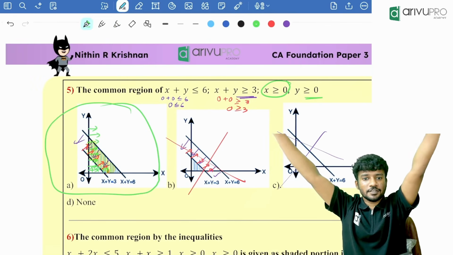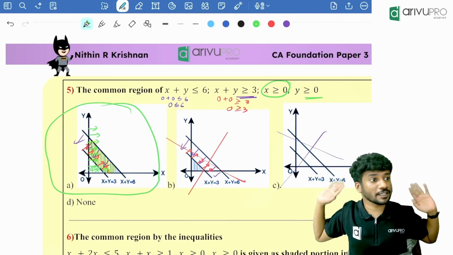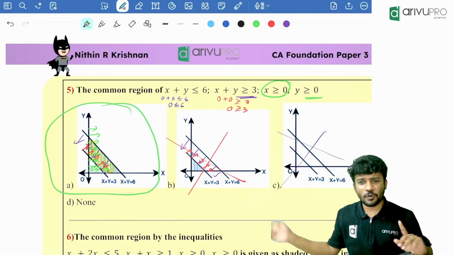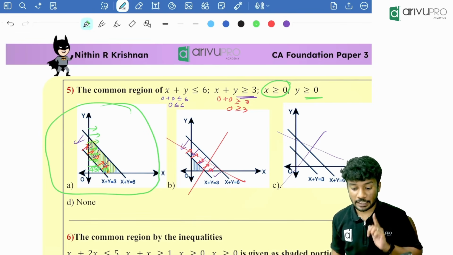Understood the method? So everyone is clear with random drawing of graph? Whatever may be the question, we can randomly draw. No one is going to question you and no one is going to change your answer also. Okay. Then,